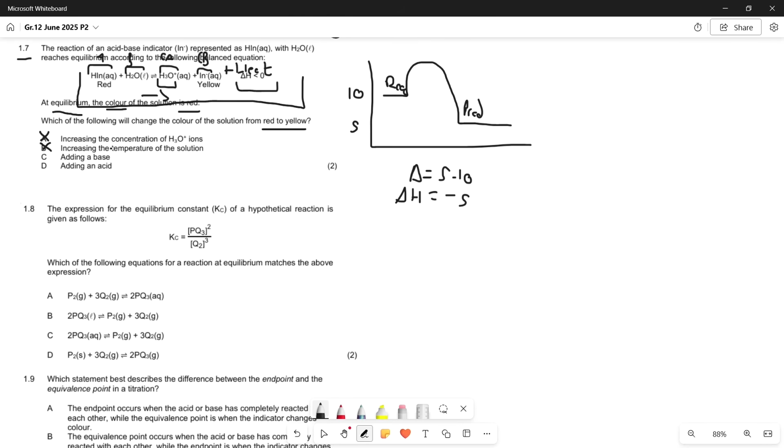The reason that doesn't work in this case is because at equilibrium, the color of the solution is red, which means we have HIn, but we do not have any more base to react with it. If we just add more of an acid to this, it won't favor the forward reaction going from red to yellow, because there's nothing to react with the acid in order to favor the forward reaction,